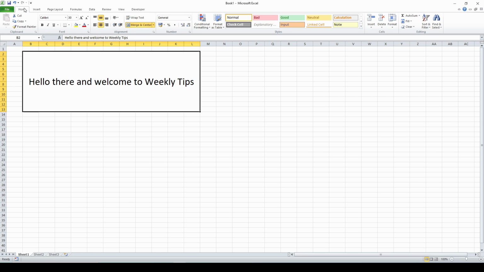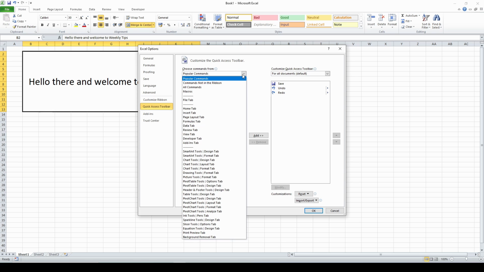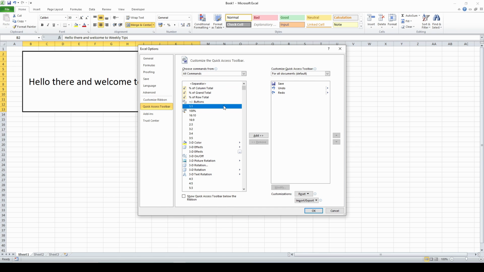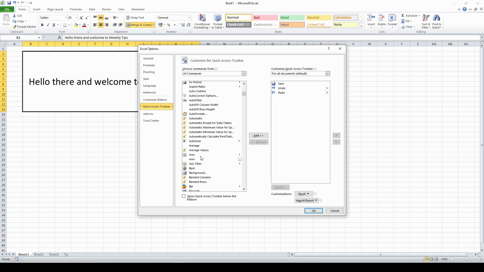To do that, you have to right-click on any existing command button and choose Customize Quick Access Toolbar. Or you can just click on the line with triangle button and choose More Commands. Then you can browse through different command buttons and choose whichever you want. For me, it's always AutoSum and Average buttons, but you can pick ones that will be most useful in your